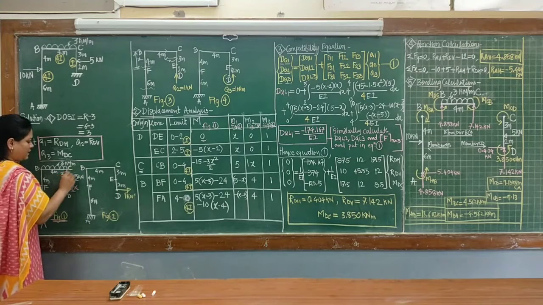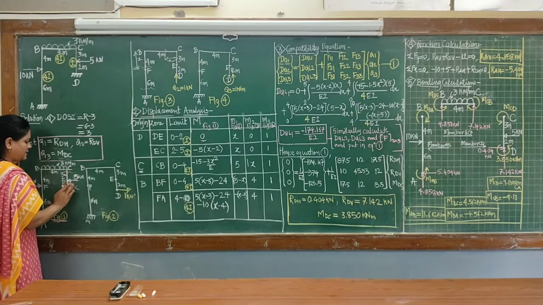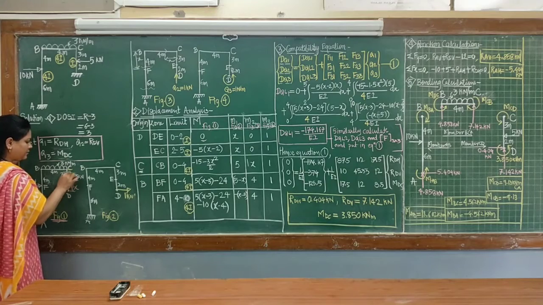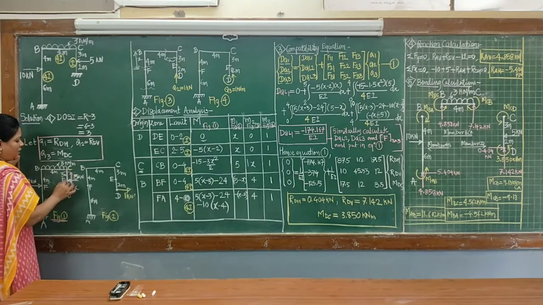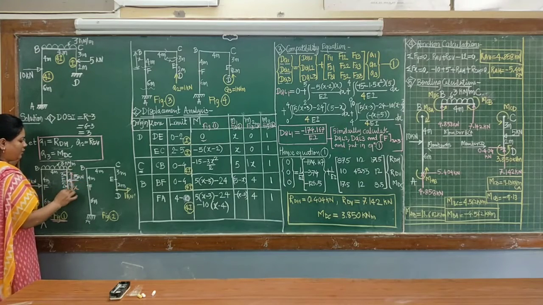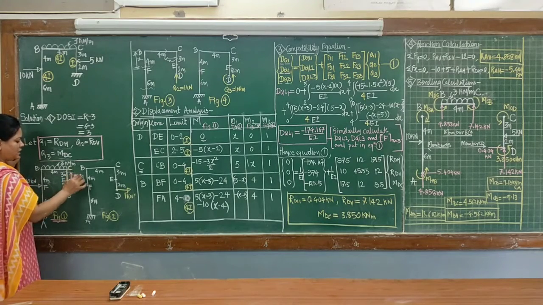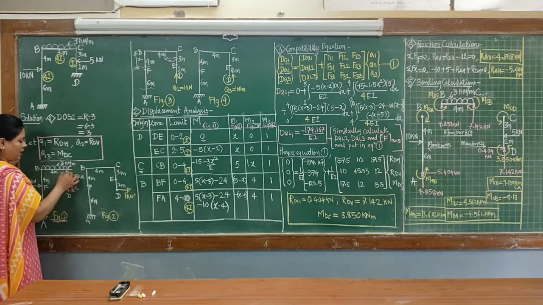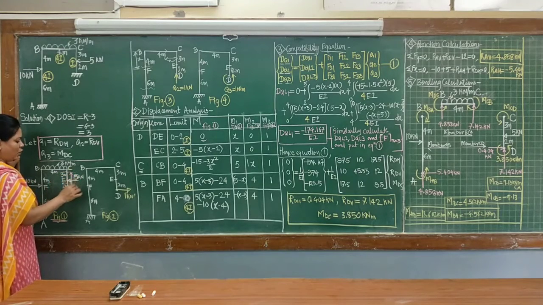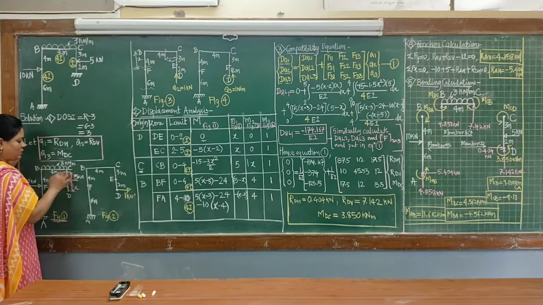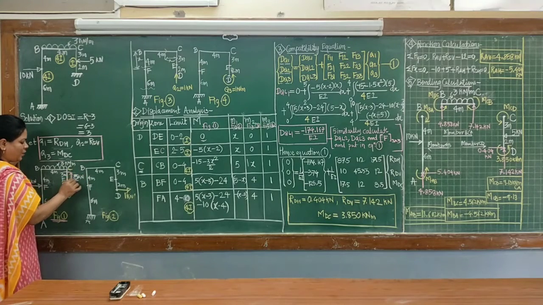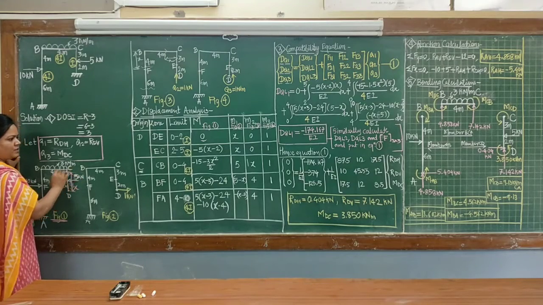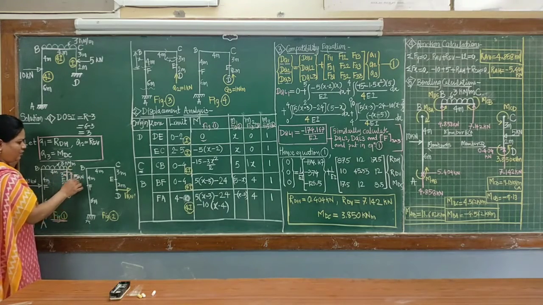So in EC, take the section at a distance x. This is the total distance x from origin. Take the moment of all the forces in this portion, from origin up to the section, about this section. Now this 5 kilonewton force is there. So the moment of 5 about this section is in a clockwise direction. Therefore minus